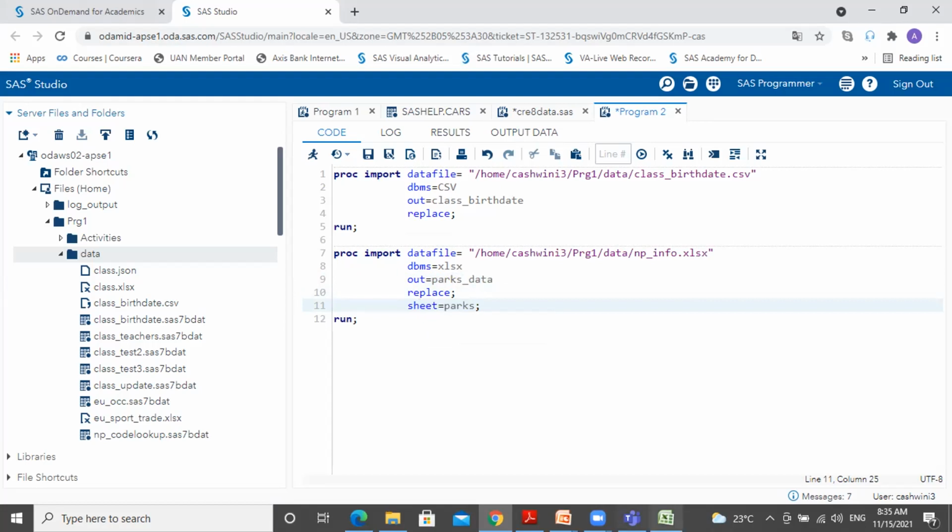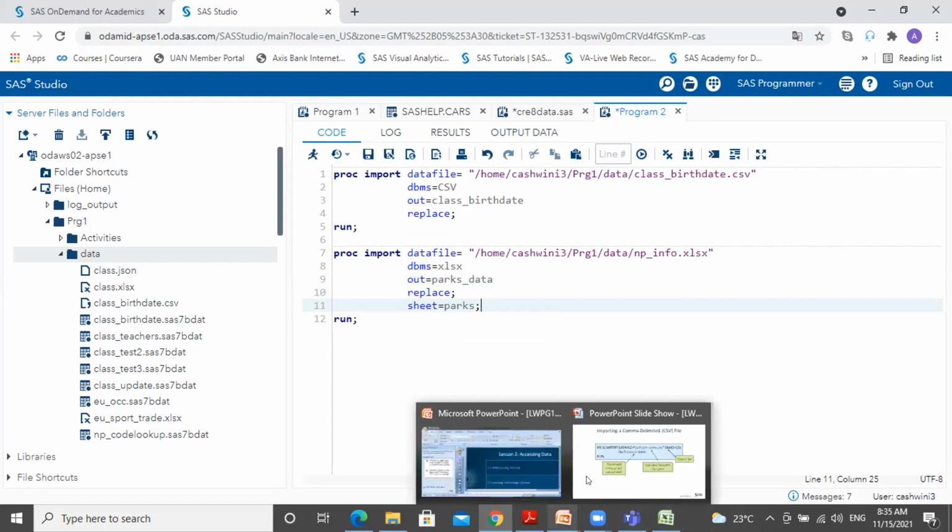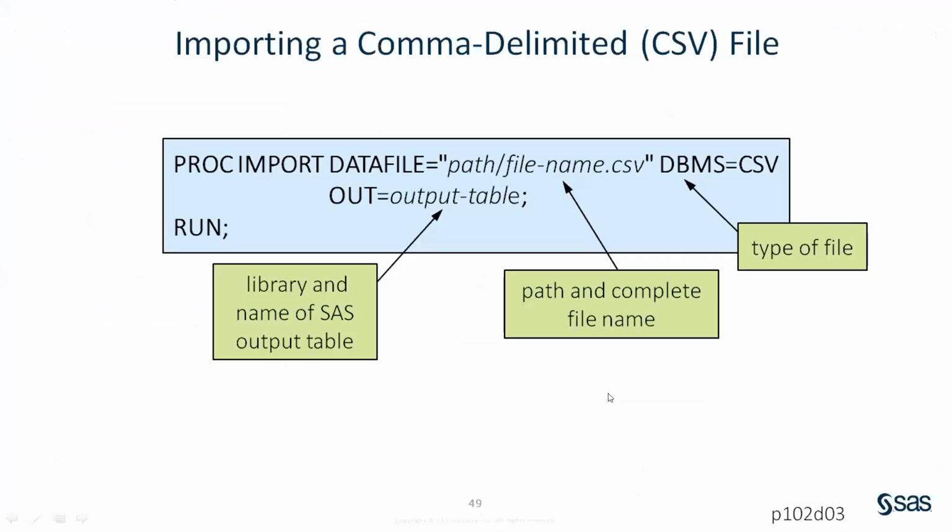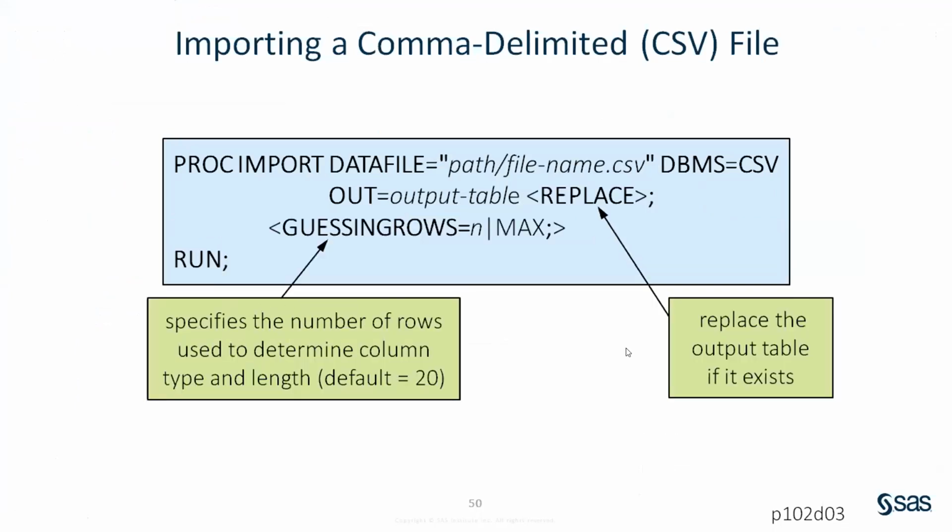So this is the next topic, which is telling you about sheets. What we are doing with proc import for Excel is specifying an individual Excel sheet to be read into SAS. Okay.